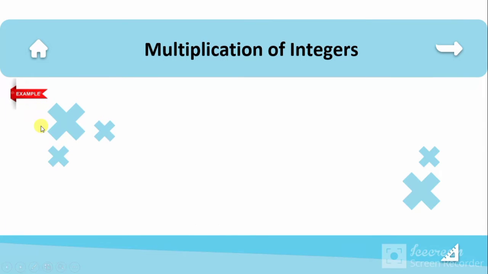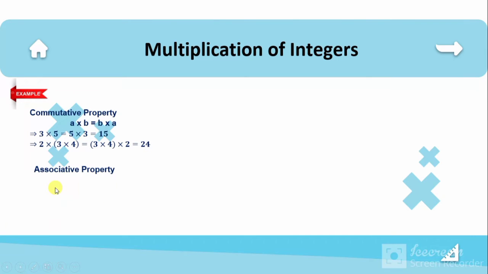This is an example from the properties of multiplication of integers. Commutative property. 3 times 5 is equal to 5 times 3, which means the result is 15. And also for this, 2 times (3 times 4). This is a and this is b. With the commutative property, it is equal to (3 times 4) times 2. Both of them have the result 24.